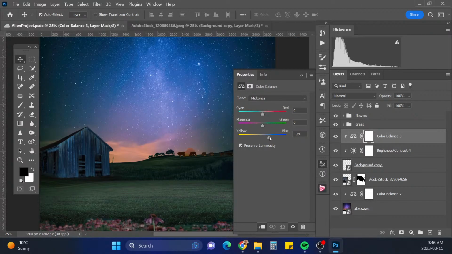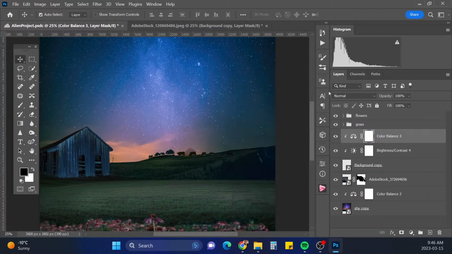We want a lot of blue in there and a lot of cyan in there and a little bit more magenta. Kind of like that. Now, I'm not sure if that's the exact placement I want the cows. Right there looks pretty good.